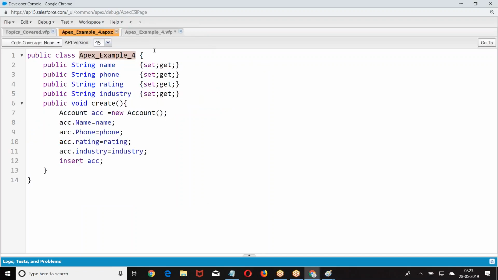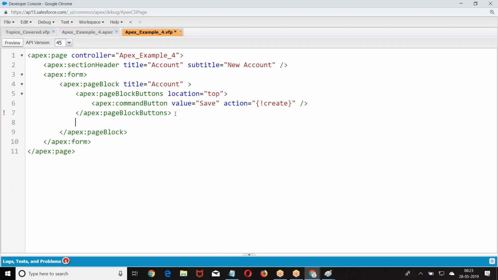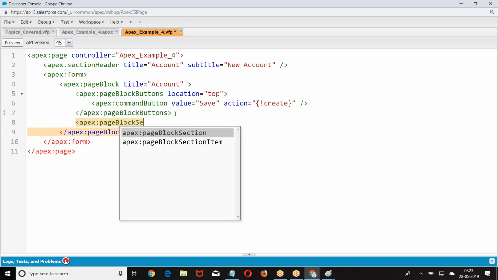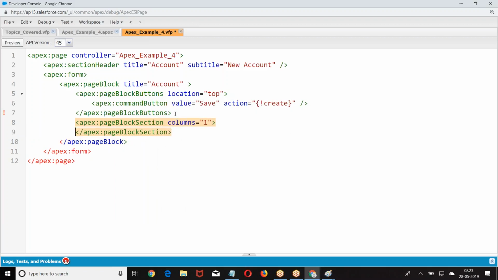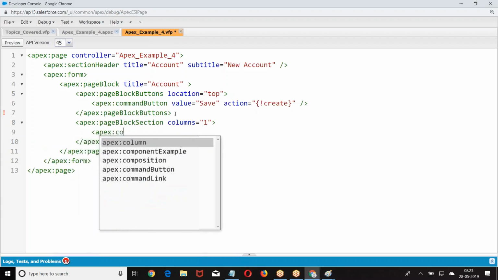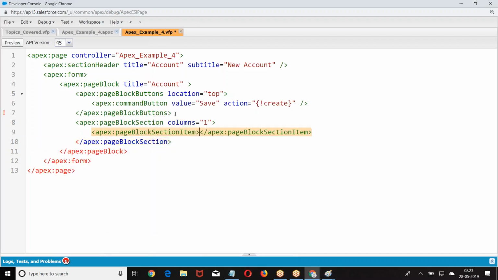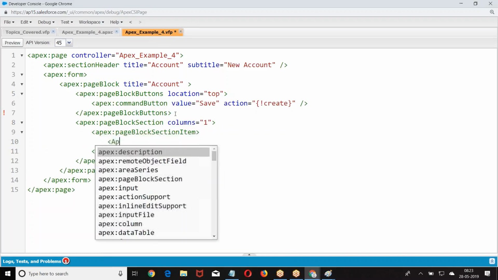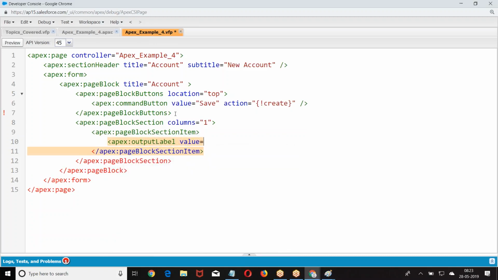So here we had, then I was supposed to create Apex page block section, Apex page block section item. Output table value equal to.